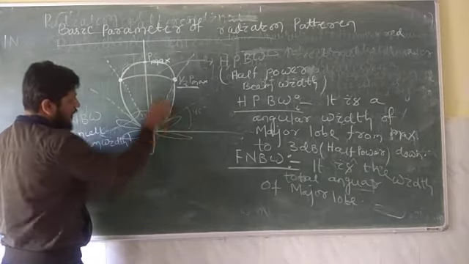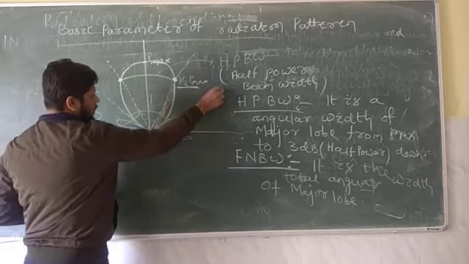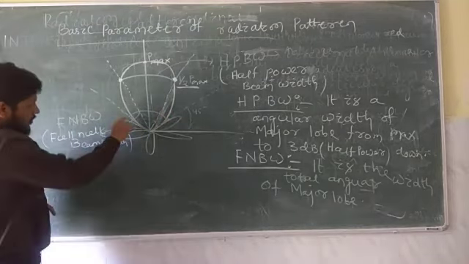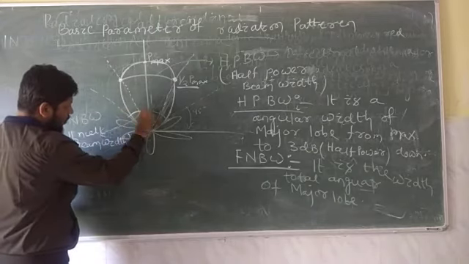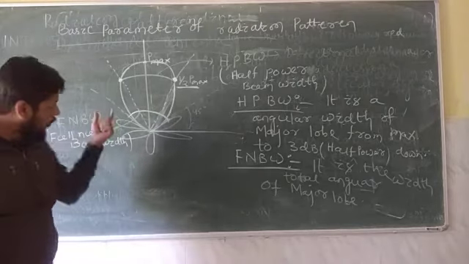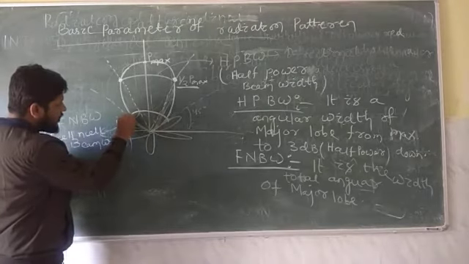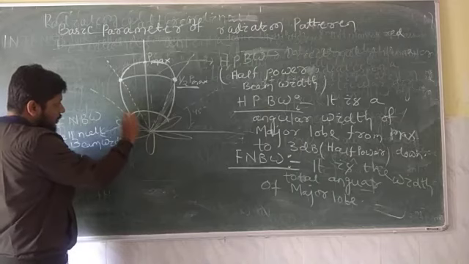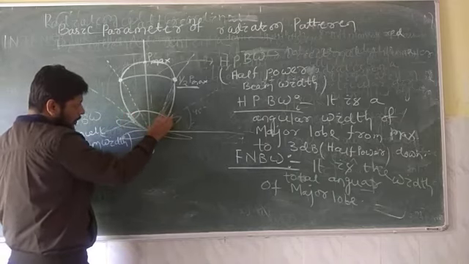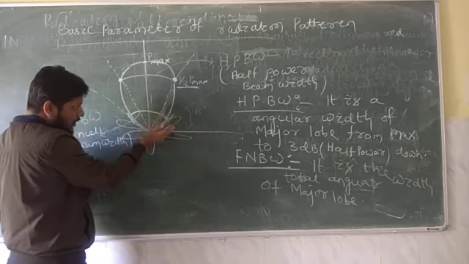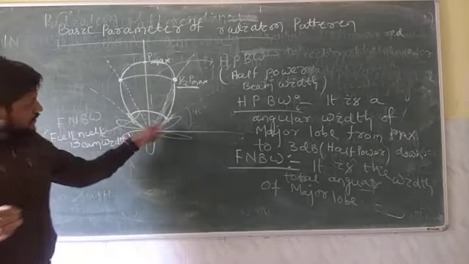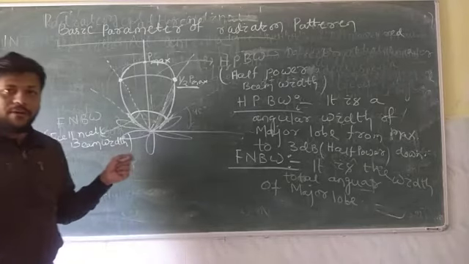Suppose this is your radiation pattern. You draw a line at an angle of 45 degrees. You can find it on both sides, and this total angle you can see here is nothing but your major lobe angle. Here we can see the surface where the power is 0. Here we can read some power, but beyond this limit there is no radiation, so beyond this region we will have no power radiation.